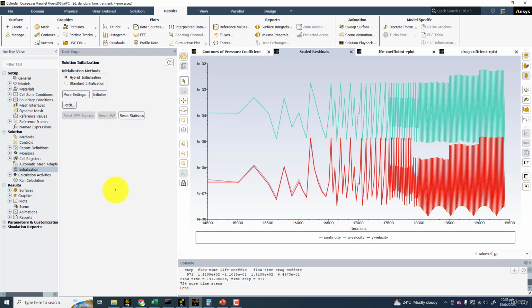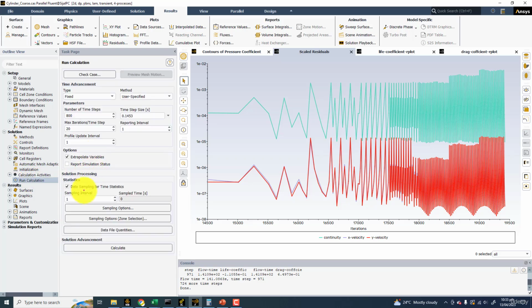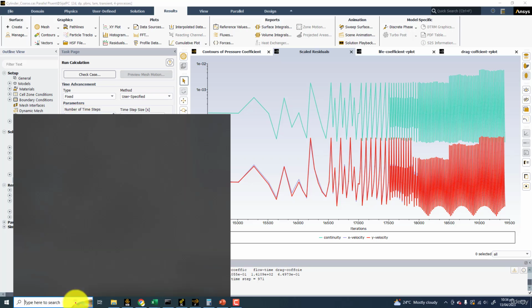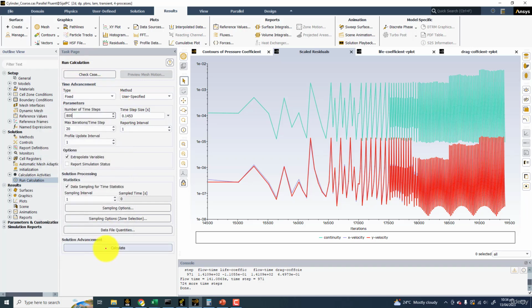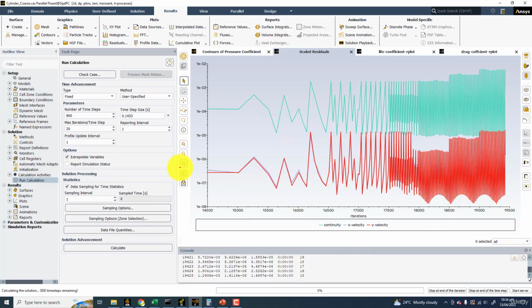So the previous data in terms of some variables will be lost, but everything else depending on the time will be there, like lift coefficient and drag coefficient will not be removed. I'm talking about this data sampling. Right now the sample time is 0, and what I want is 800 time steps, because one cycle is equal to 40 time steps, so this is for 20 cycles. Okay, so click on run, click on calculate,